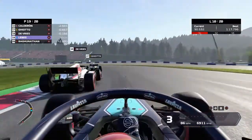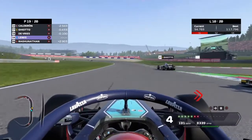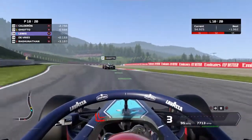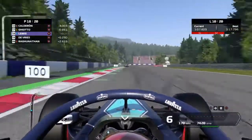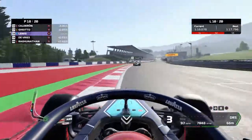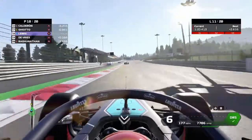I was going to go for the late braking, but I knew I was going to crash. We go for the overtake, and we manage to actually overtake the person. They crashed into the back of us, by the looks of it, the back left. But we managed to come out untouched, and still able to